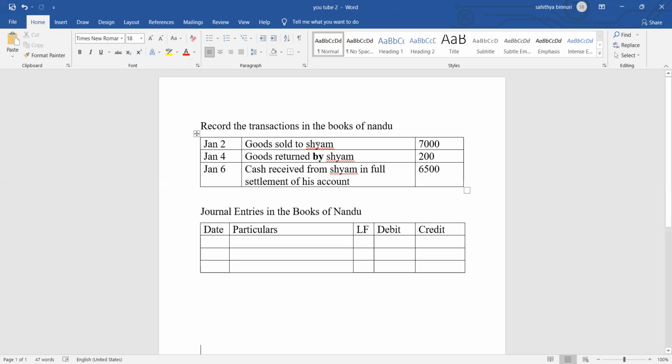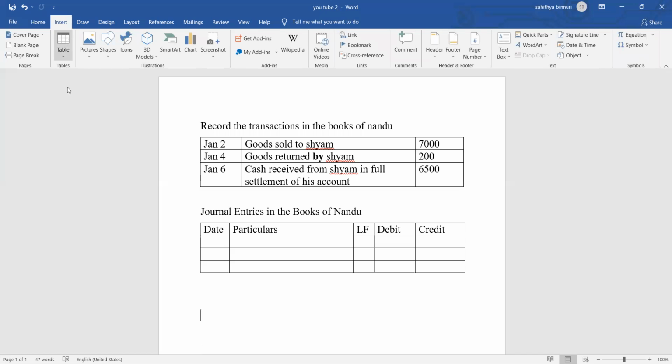So Sham is the buyer in your transaction and the worth of the goods you sold to Sham is 7,000 rupees, but it is a credit sale. That is the reason you are going to receive the amount at a future date. Now, how are you going to identify which should be debited and which should be credited? For this, let me open the working notes.